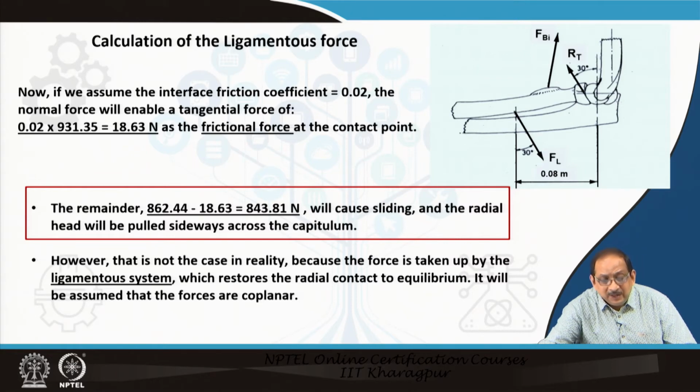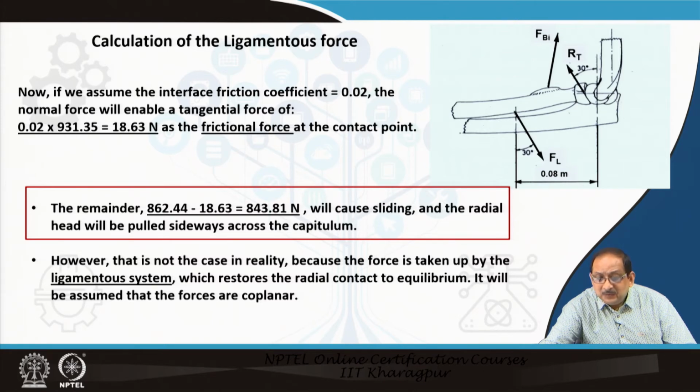So, the original tangential component of the force was 862.44. Subtracting this value, the frictional force along the tangential direction, 862.44 minus 18.63, gives rise to a force of 843.81 Newton that will actually cause sliding,